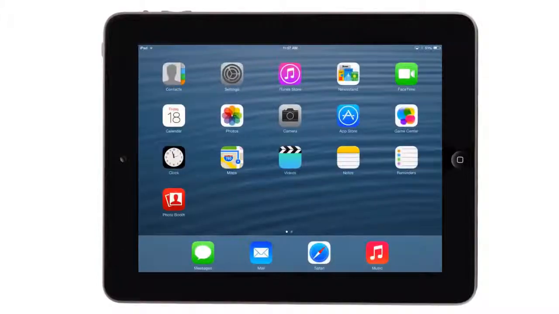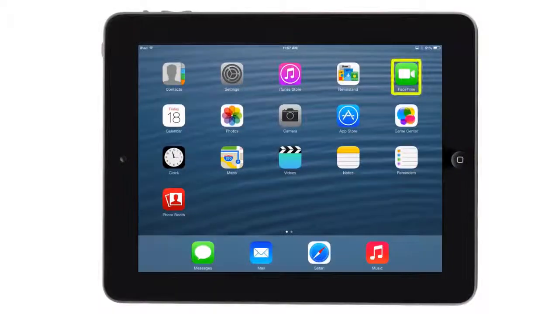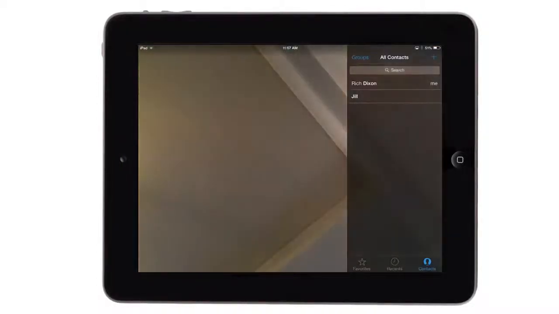Well, Jennifer, it's now time to move away from the dock and go up to the home screen to quickly get a tour of the rest of the apps that come with the iPad. Okay, in the upper right-hand corner of our iPad is FaceTime. This app allows you to make an audio or video call to a Mac, an iPhone, or another iPad. Again, I want to remind you that your apps may be in a different order from ours, so be sure to look for the icons that we are displaying on the screen.